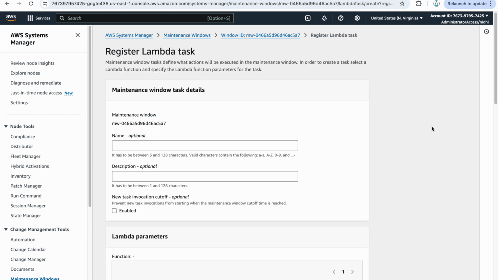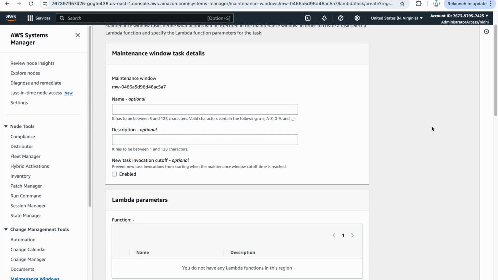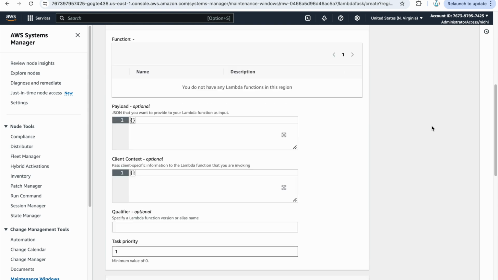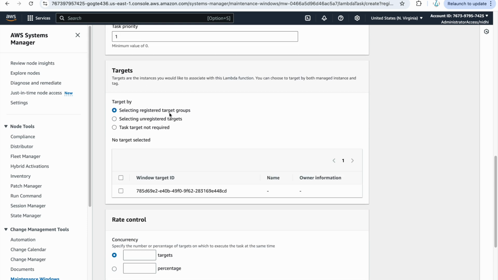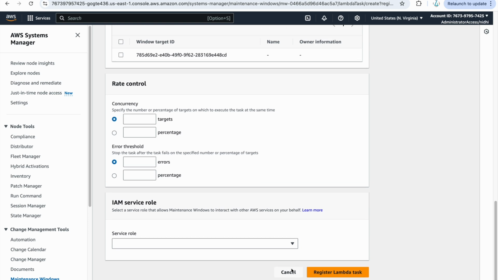You can create a lambda function to do anything. Your lambda function would be very simple, like just to stop services. So you can just do sudo systemctl and whatever your service name is from your lambda function, and this is where you can just provide all the details. And you can also select which target groups you want to assign that lambda function. All those options are there.